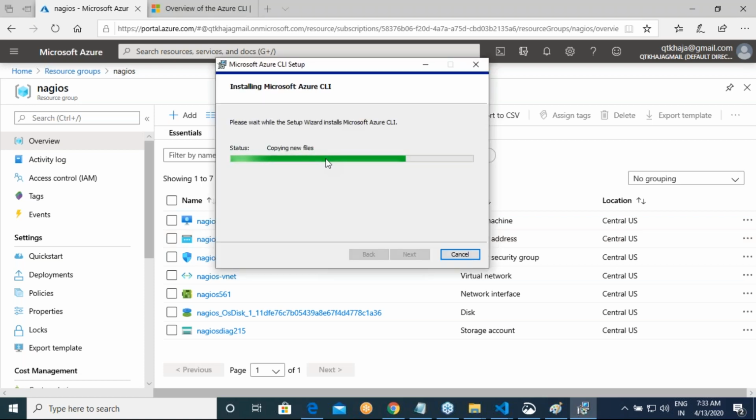Am I clear on this? Okay. So you have done using a CLI following a documentation. Tomorrow we will not do that. We will look at portal. We will try to do the activity manually, and whatever we are doing manually, we will try to find a CLI command for that. Okay.